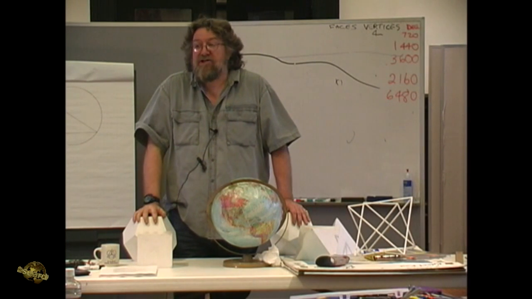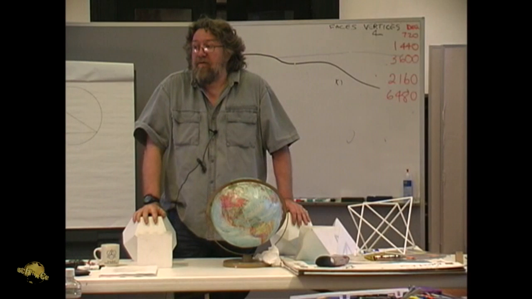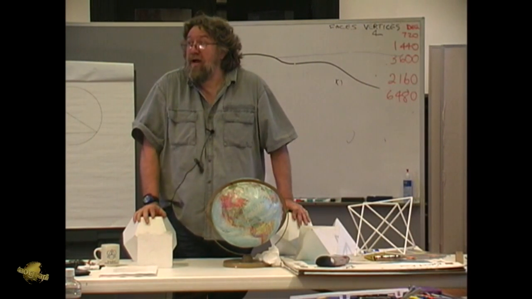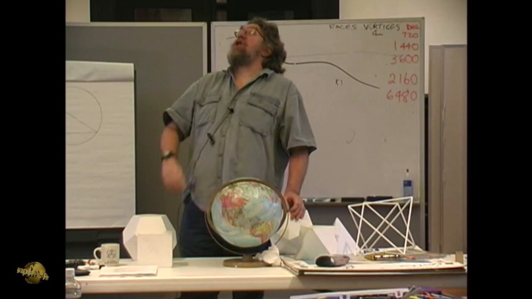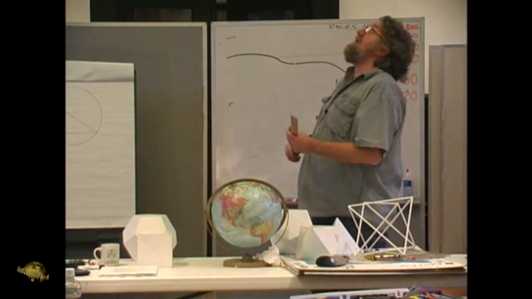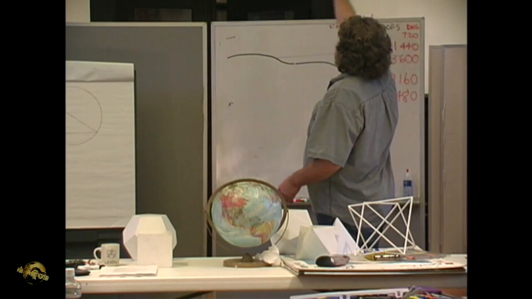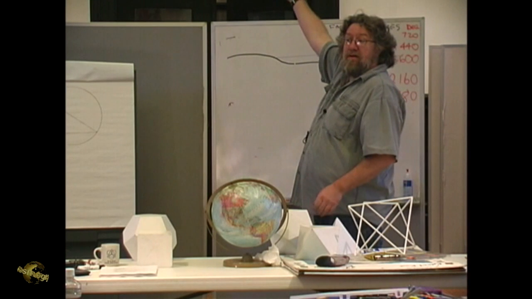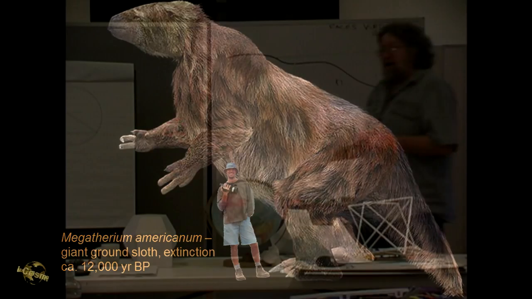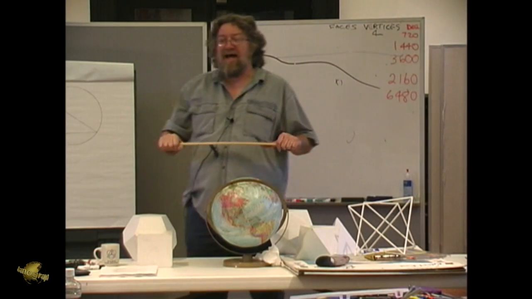There were several species of woolly rhinoceros. There were, I think, 3 species of camels that lived in North America. There were ground sloths that, when they stood up to feed, their heads would be well above that turnbuckle bar up there: 16 feet. Picture it, I'm 6 feet tall, so double my height and then add 4 feet to it. Okay, right at the end of the last ice age,